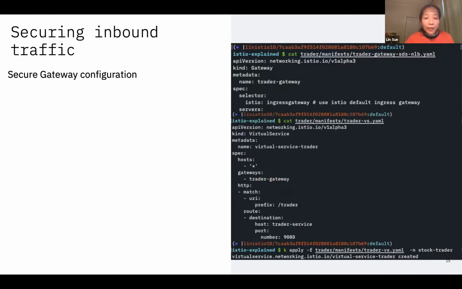And then we also want to configure a virtual service, right? Because when you hit that port number, you might not want to always hit the trader application, since you might want that port number and host name for other applications. So in this case, we would configure /trader. When the URL is /trader, it would hit the trader service on 9080.